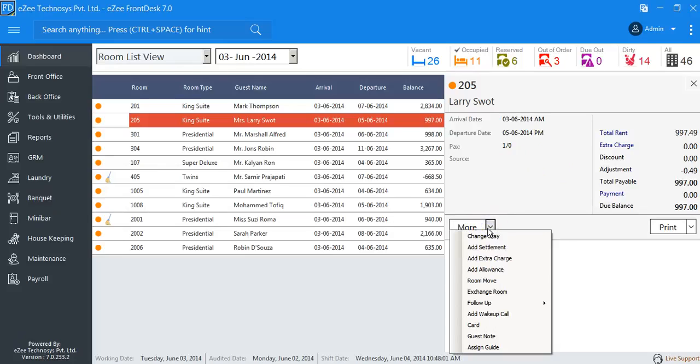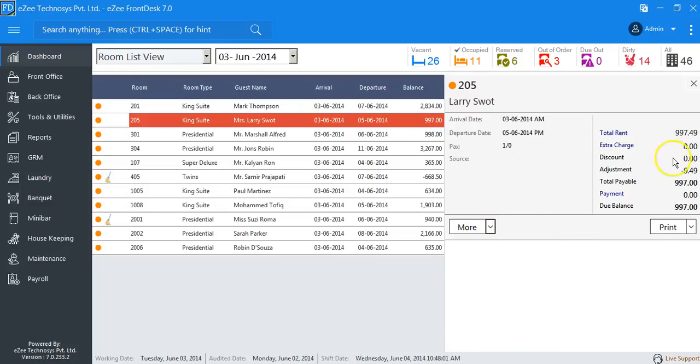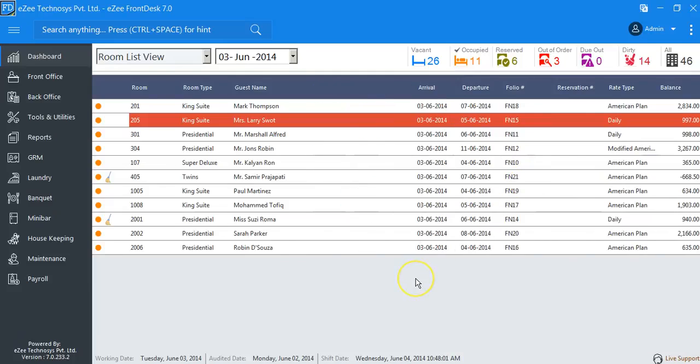So I'll click on the more option and make some necessary operations which I want to make. Okay, so it is much easier, and this view is more suitable for me as well. I always use this view for performing some operations. And the important thing is, in this view I can see room number, room type, guest name